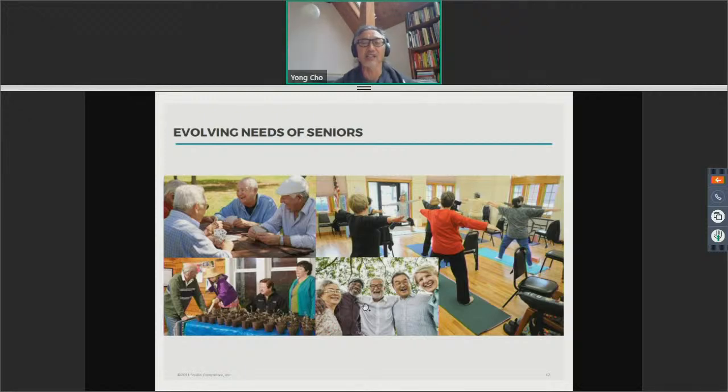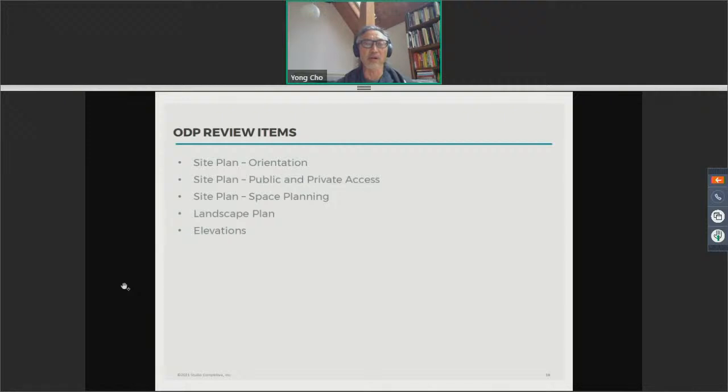But we're designing the building in such a way that their independence is prioritized and can really be lengthened, so that a lot of thought is given to aging in place and making sure that the building engages the community. I'm going to turn this over to Christopher Keast, who is the project manager on the project, to talk in some more detail about aspects of this development.